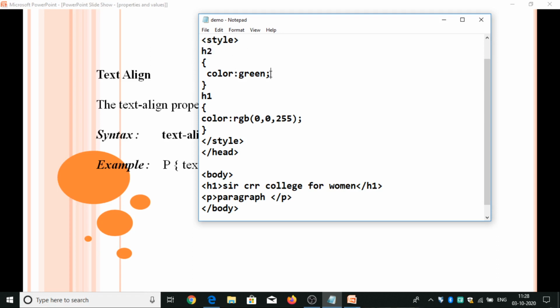H2, property name is text-align, center, with left and with right.